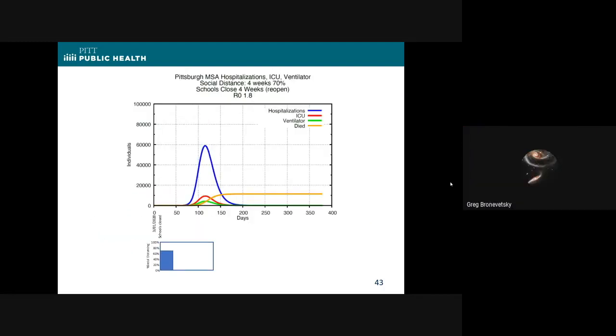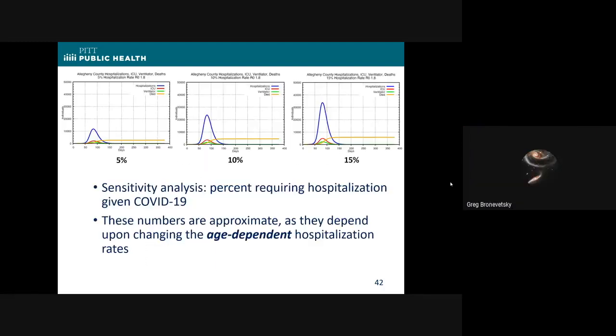Wait, so the difference is the number of people that we thought were infected. Now we believe there are more people who are infected but asymptomatic? Right. This is the number. This is if you get the disease, what's your likelihood of requiring going to the hospital? And originally, the CDC felt that number was about 20%. Of if you got the disease, 20% of the people who got the disease would get so sick they would have to require hospitalization. Most of us believe that number is a lot less than that now.